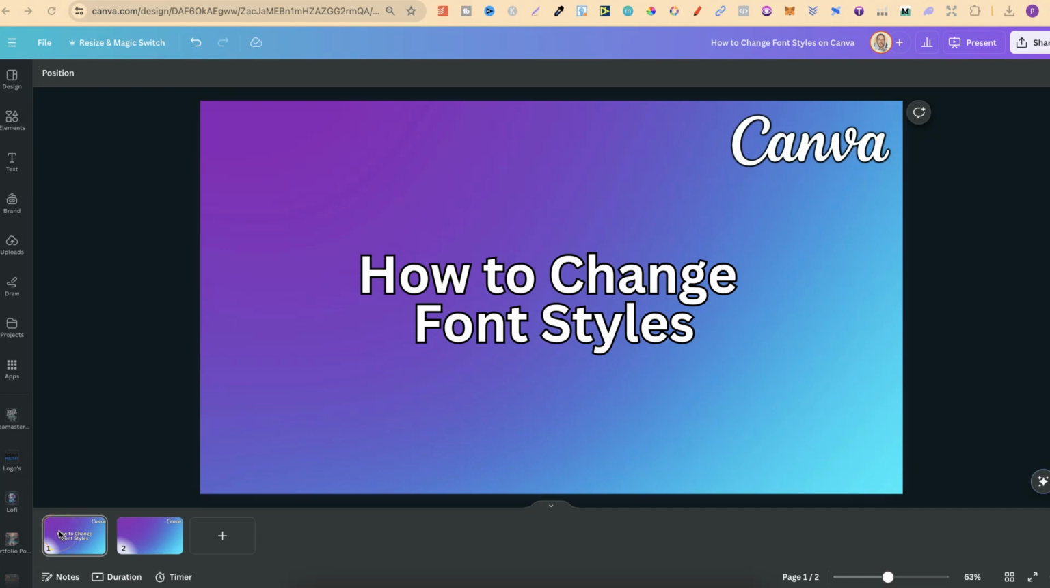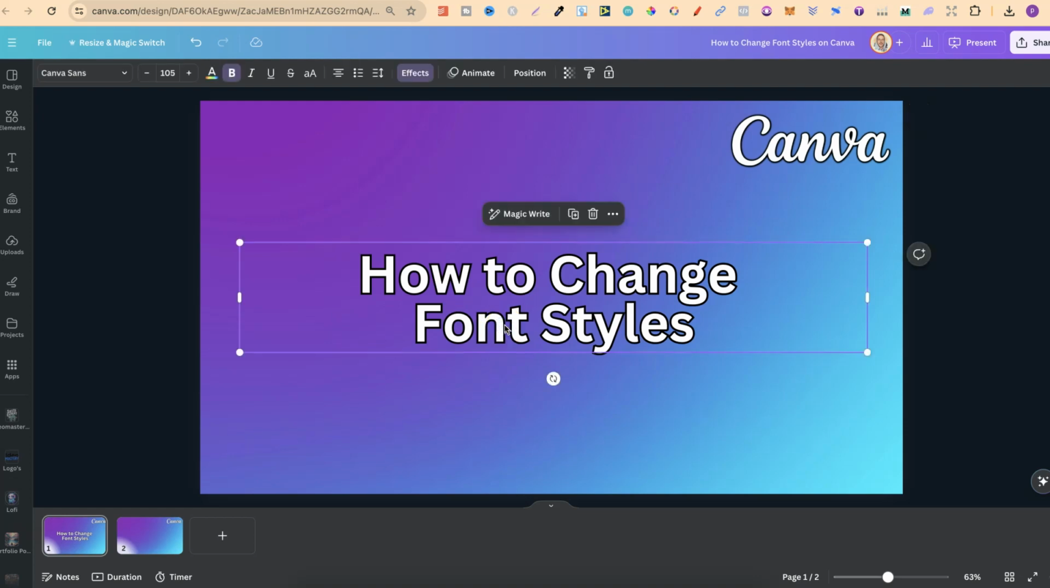In this tutorial, I'm going to show you how to change font styles here in Canva. Now, when it comes to fonts, Canva has hundreds of different fonts and lots of different styles. Now, once you have your text on the canvas like this, we simply want to click onto that text, come